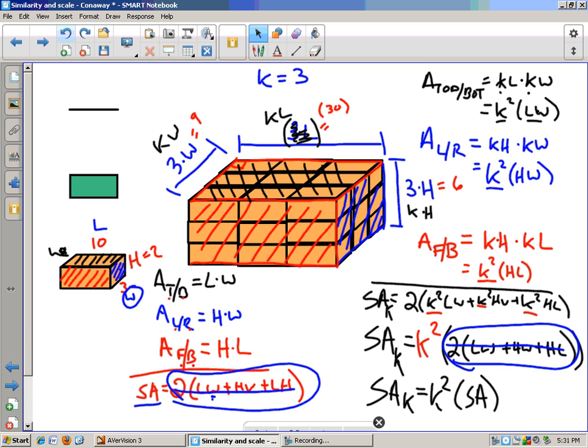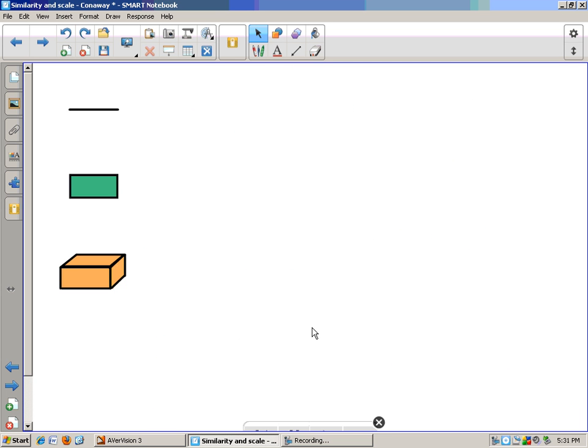That goes back to the same thing we said about area, that it's two-dimensional, so it gets a 2 in front of that K. So when we scale up a three-dimensional object, the three-dimensional measurements, and let's clear this ink. I had a quick button for clearing ink, and I don't know where it is. You guys can probably do this stuff better than me. Oops. Okay. So when I scale things up in 3D,